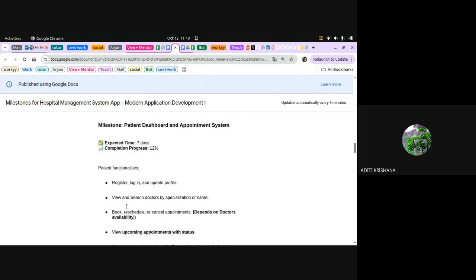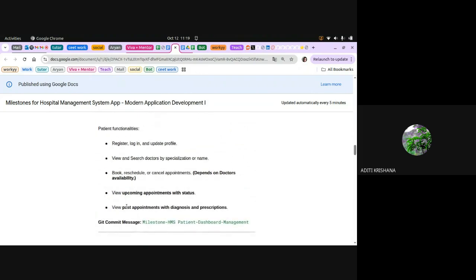Next, coming to the patient dashboard, that is milestone 5. First 2 are done, you will be doing it. Third is booking. See, rescheduling the appointment is not given anywhere in the core functionality, so try only cancel appointment. Okay, book and cancel appointment. Then you will be able to see your upcoming appointment on the dashboard. Till this point, all the points of the patient dashboard you try to complete. This last point will be done afterwards.